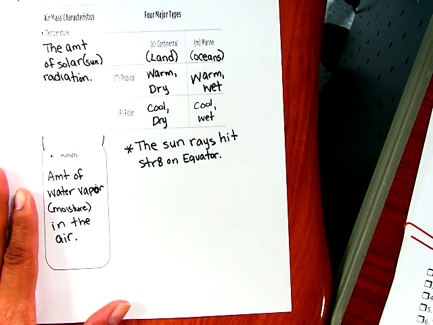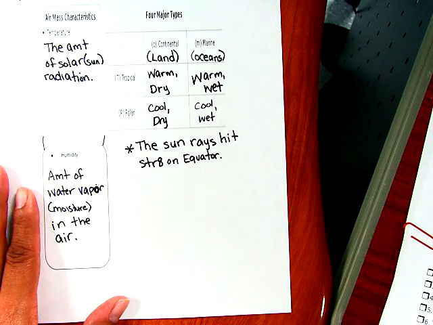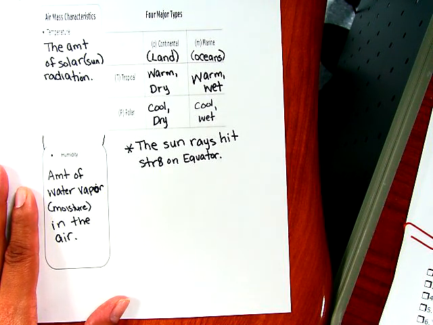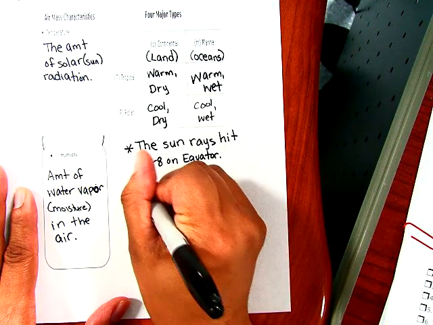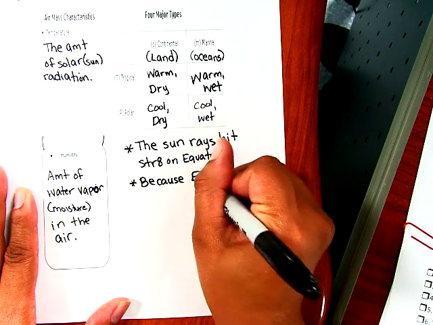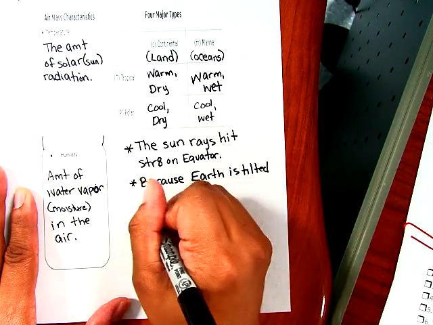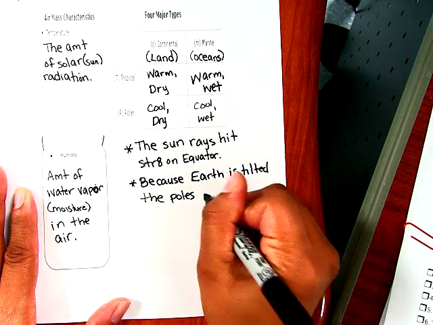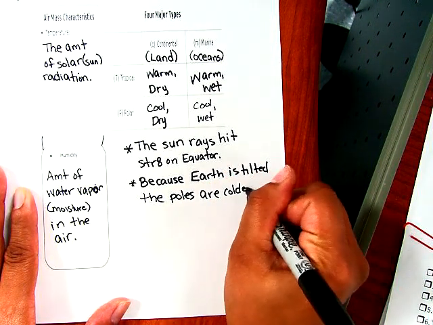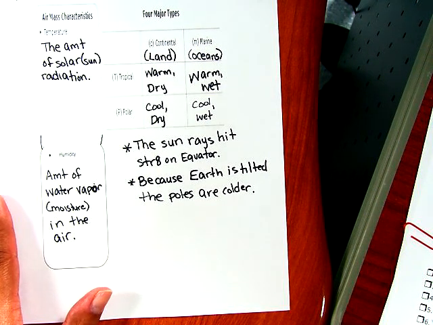All right. The fact that the sun rays hit straight on the equator, that's going to be the warmest part, correct? Yes. But the earth tilts. So because the earth tilts, what? Give me some more information. It makes the poles colder. Good. Raise your hand if you got that. Good. Good job, everyone. Because the earth is tilted, if you already wrote it, don't write it again. The poles are colder. Yes. And tropical zones get direct sun, so they stay warm. Yes, because they are closer to that area.